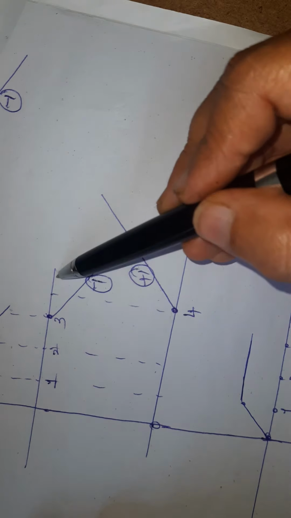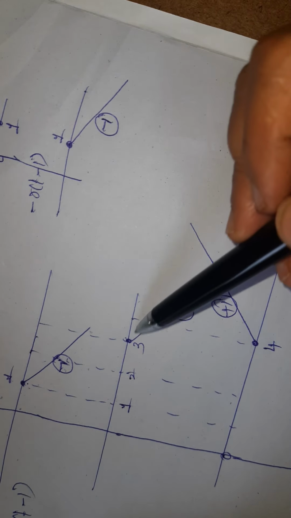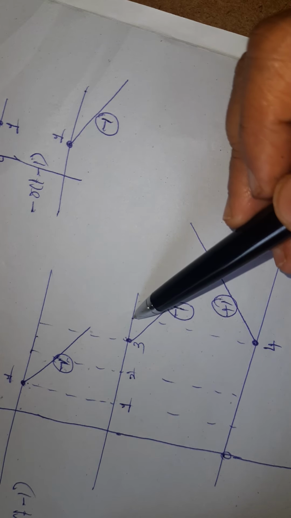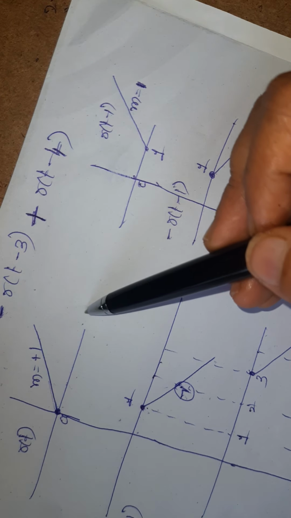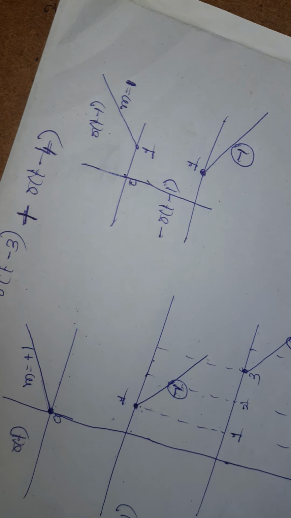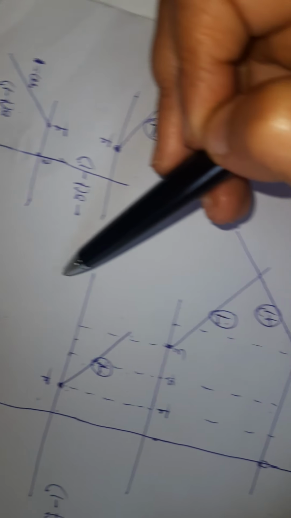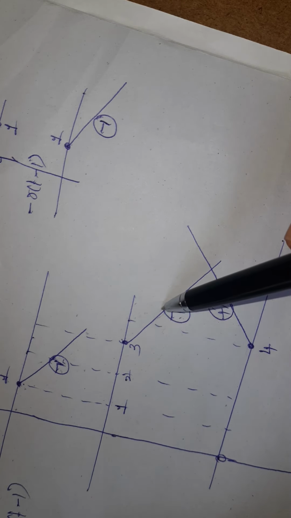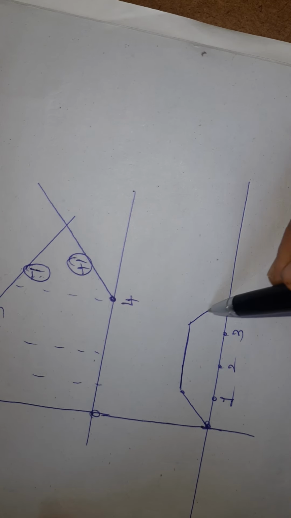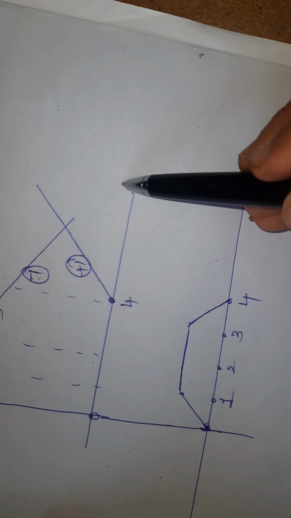Next, in between 3 to 4, I am having three signals: 1, 2 and 3. You have to add the first signal, second signal and third signal. See, plus 1 and minus 1 is always constant. So in between 3 to 4 you are having a falling slope of minus 1. Next, after 4 what will happen?